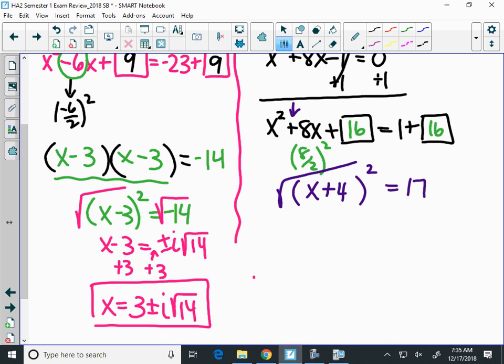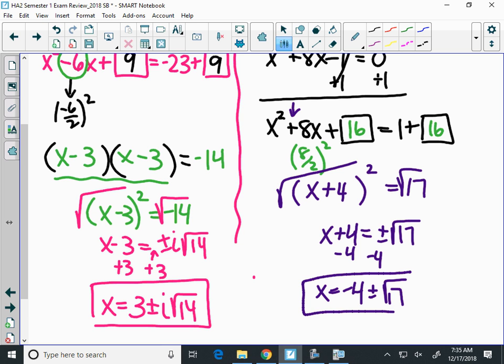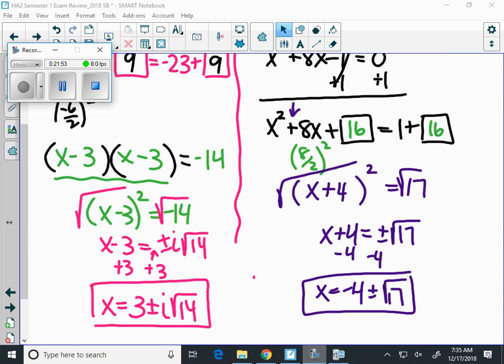All right, all I have to do now is take the square root of both sides. x plus 4 is plus or minus radical 17, and you subtract 4 from both sides. So your solution is negative 4 plus or minus radical 17. And those are your two answers, and that's it. If you need more help on any of those, ask your teacher for